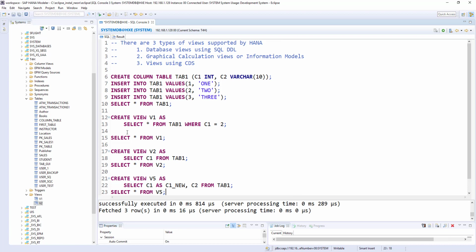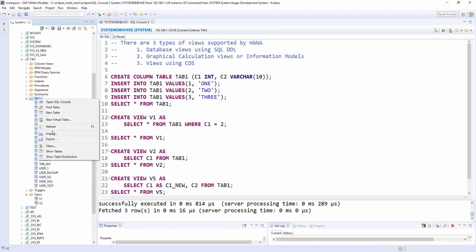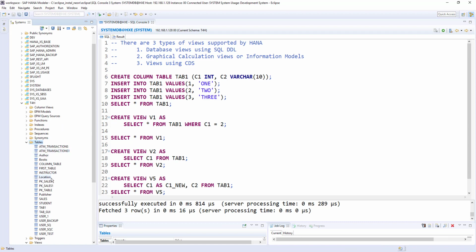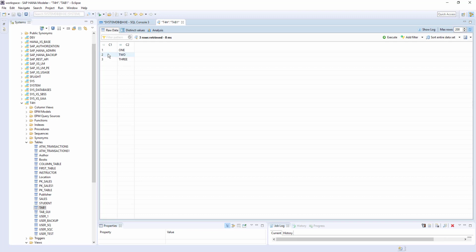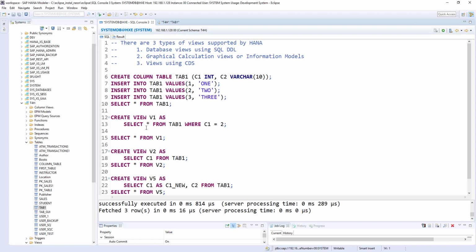But it's not only creating a view, we can also insert data into the view, modify, update, anything like that. So let's see. So as I said, view is nothing but a table for our select statement or insert statement. So before inserting some data, let me show you the table 1, tab 1. Open data preview. So this is the tab 1, 1 2 3 1 2 3.